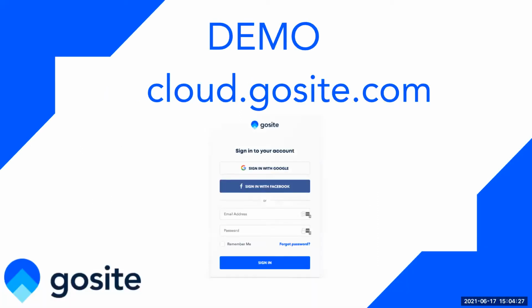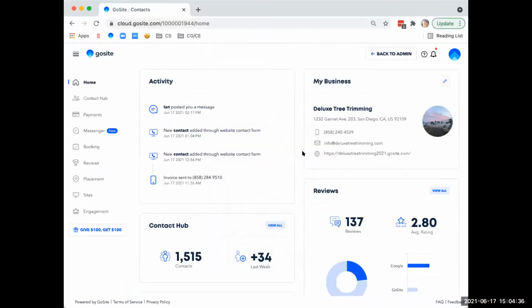So we'll go ahead and hop into our GoSite dashboard here. So just a refresher, this is the desktop version of the GoSite dashboard. This is a test account that we use, but this is how you should see it when you log in. You can access your desktop dashboard by visiting